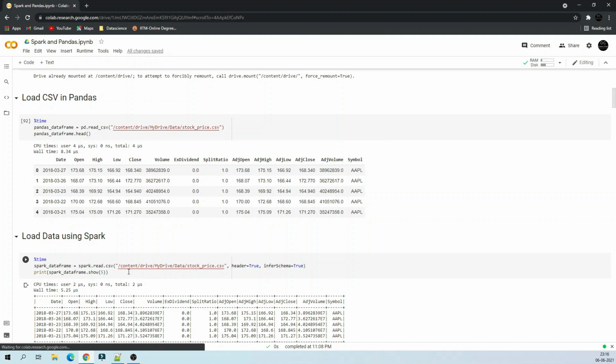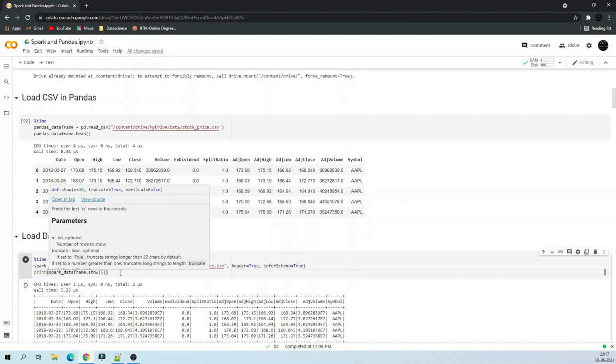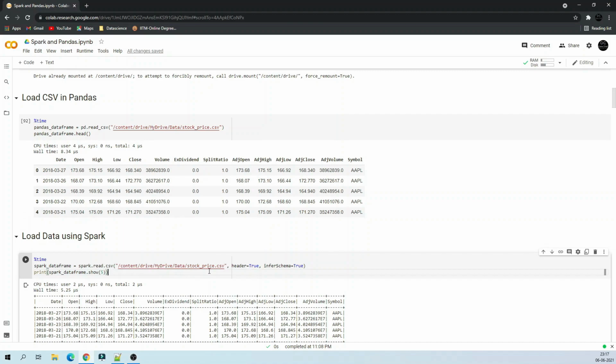But if you want to know the actual speed of Spark, probably load data that is in gigabytes, which consists of, let's say, 250 million rows or 100 million rows, whatever number. So I read the Spark data here with the same command: spark data frame equals spark.read.csv, and then give the path and set the parameters header equal to true and inferSchema equal to true.